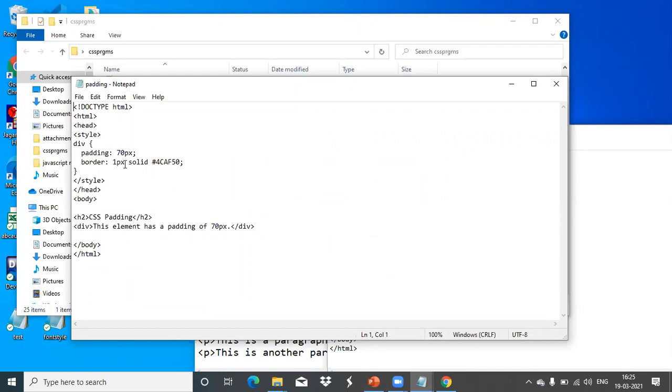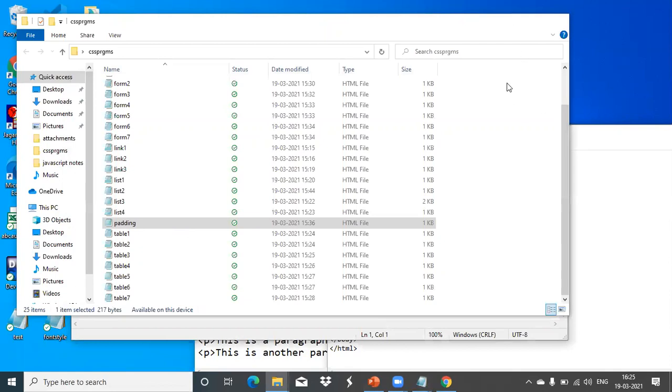So padding, we have given here 70 pixels, which means the element is padded by 70. That means top, bottom, left, and right all are aligned with 70 pixels. That is what this padding property is telling. So we can see this output.